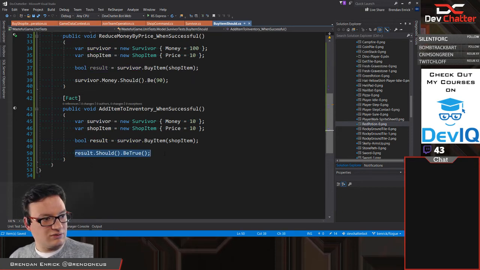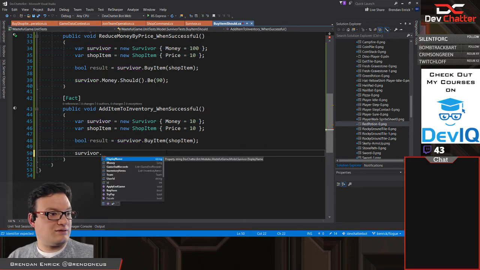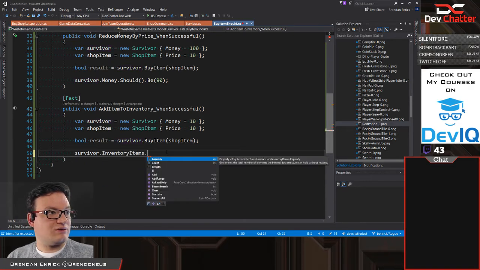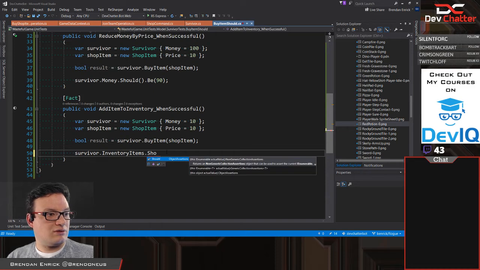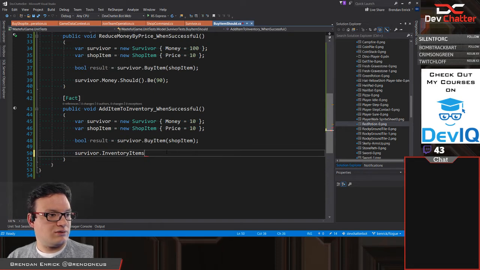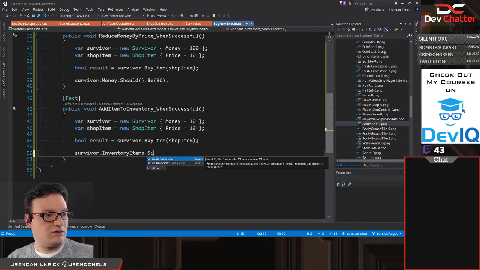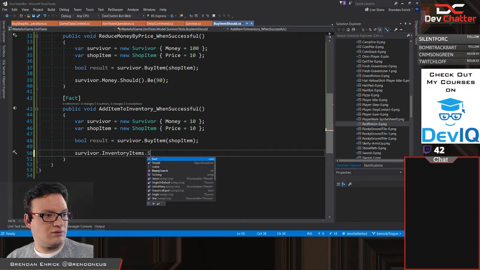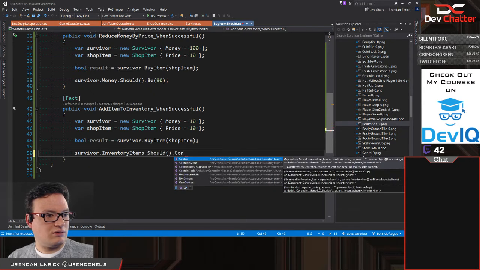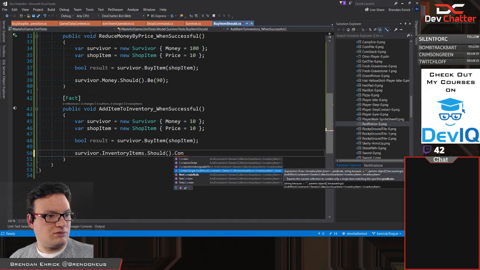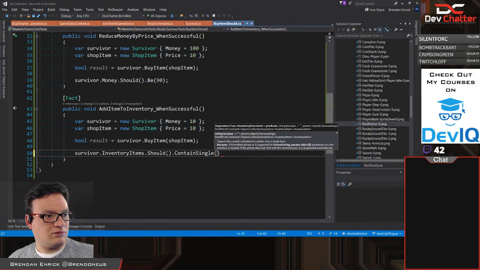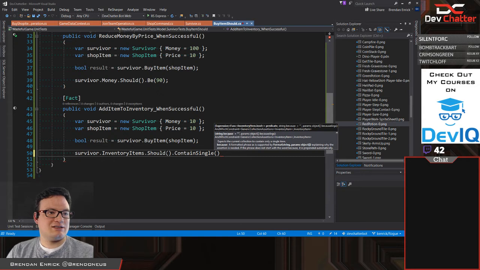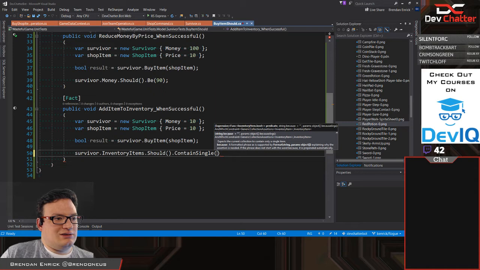Survivor dot inventory items should contain single with